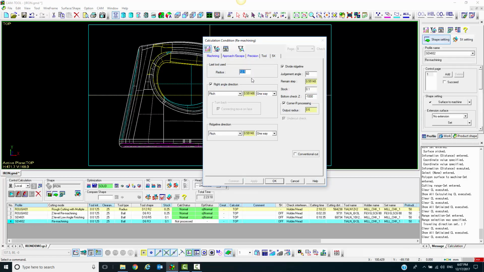This, being as it is a remachine program, is referencing a previous tool. In this case, our last tool was a 10mm R5, so we want this radius to be a 5mm tool. Because of the corner processing the last tool had, we are going to add a little extra stock to it to leave an overlap. So I will call this a 5.5